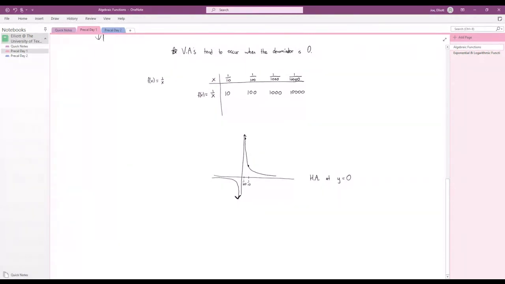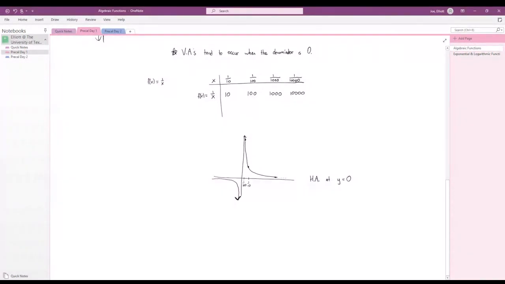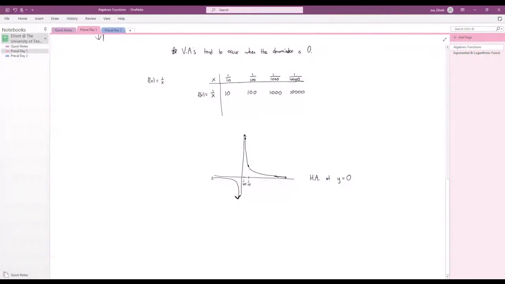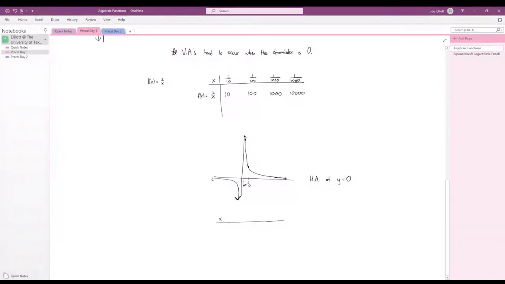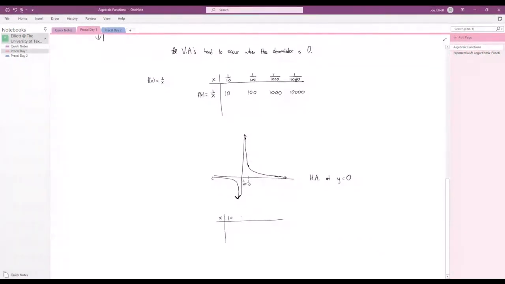And so I also just want to briefly talk about how you could figure out that there's a horizontal asymptote for this function. Now for the horizontal asymptote, what happens is your function is getting closer and closer to it as x goes further and further out. So you can think about taking values of x that are getting further and further away from the origin,